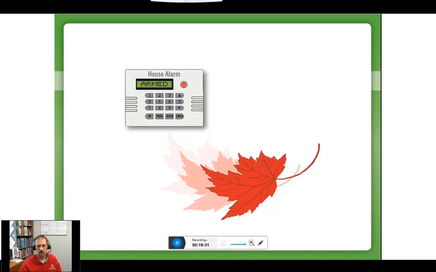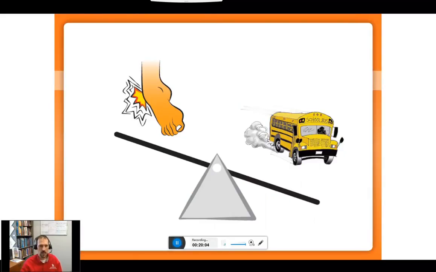And we oftentimes will use an alarm system analogy. Just like your house alarm, if you have a super sensitive alarm system, something as simple as a leaf blowing by your house could activate it, while your alarm system is meant to protect from intruders, dangerous people entering your house. It may be activated by something as simple as a leaf being blown by and touching your house. It's just become too sensitive an alarm system. And this is what we try to get patients to understand about how their nervous system, their alarm system, works. We try to separate pain and injury.